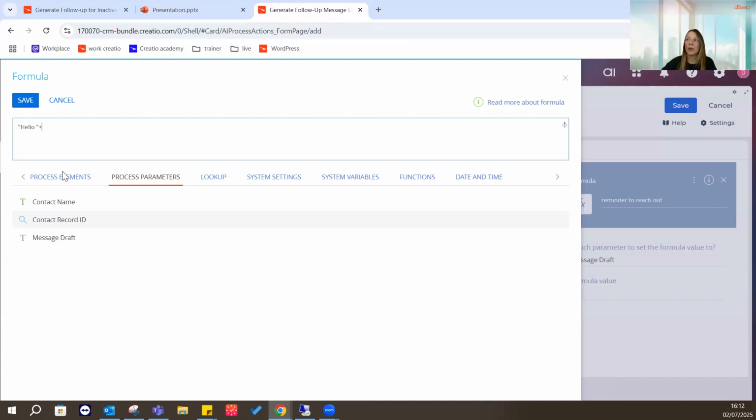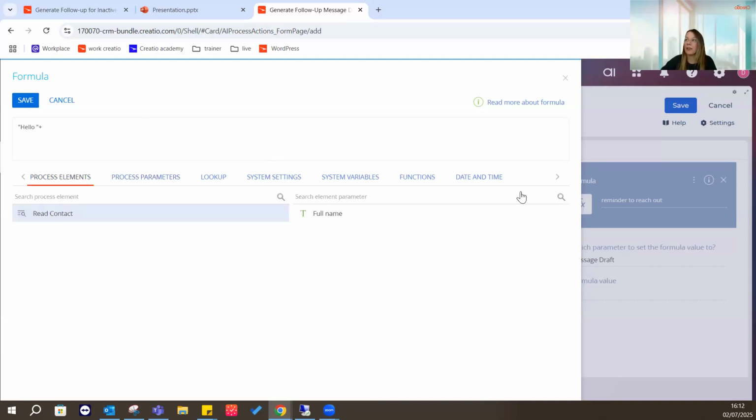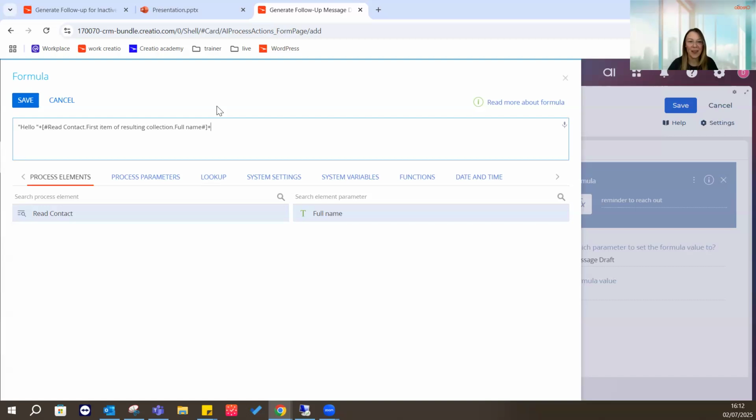We've introduced that with the process element, our read contact. Here it is. If I double click on it, I can see the macro. All right, lovely. So we have hello, full name. I'm going to add another plus sign to connect to the next value. And I'm going to introduce quotes again. And within quotes, I'm going to start with a space. And then I'll say perhaps